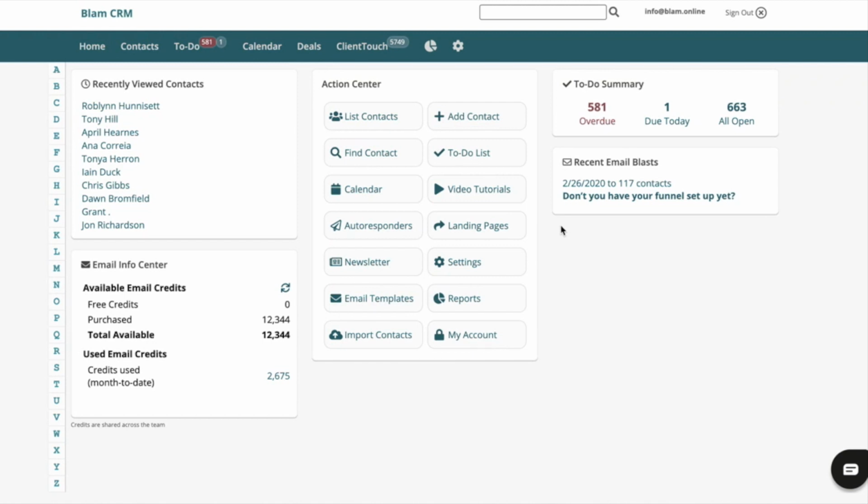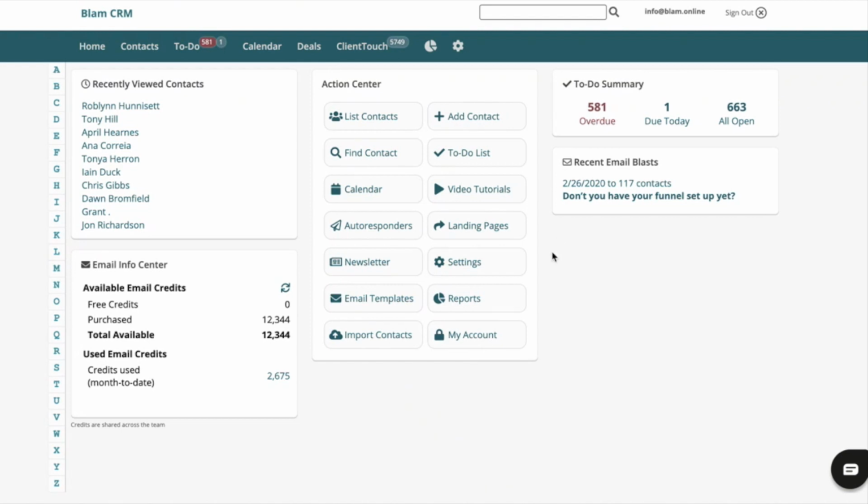Now, we love the Blam CRM because it's designed specifically for small businesses and small business owners that haven't necessarily got a lot of experience with CRMs, or the experience that they have had has left them a bit confused and daunted by all the different features. With the Blam CRM, we've got a very easy to use interface and something that even somebody with very small technical skills can still get their head round and utilise as a very practical and effective marketing and contact management